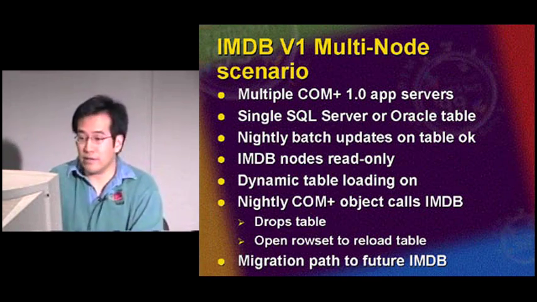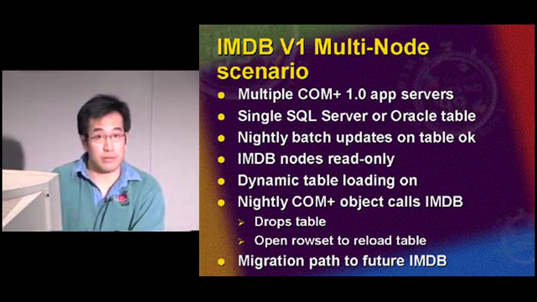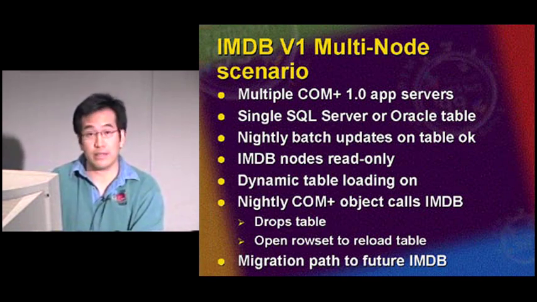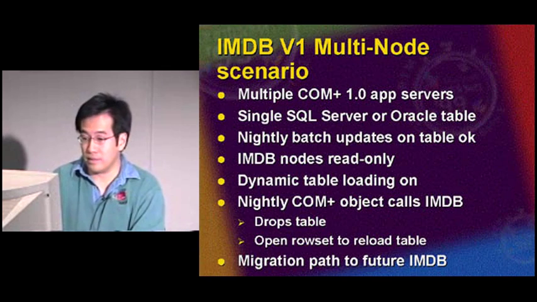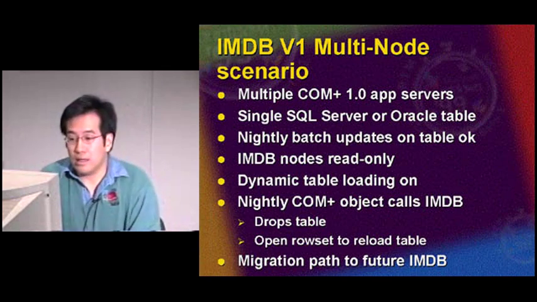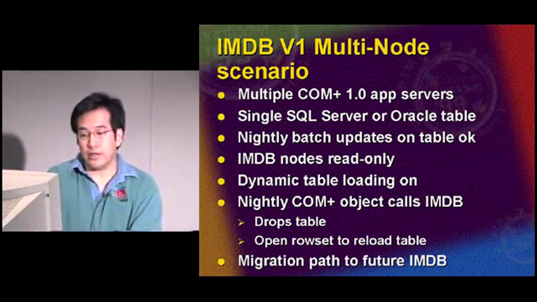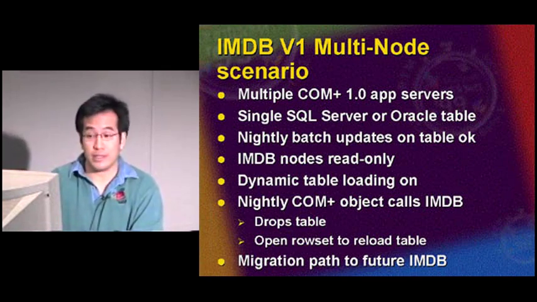And in this scenario, it may be a requirement that a single SQL Server or Oracle table has been identified as being a very hot table or repeatedly read. IMDb could be used in this scenario if it has been identified that the SQL Server table or the Oracle table that needs to be on the middle tier application server